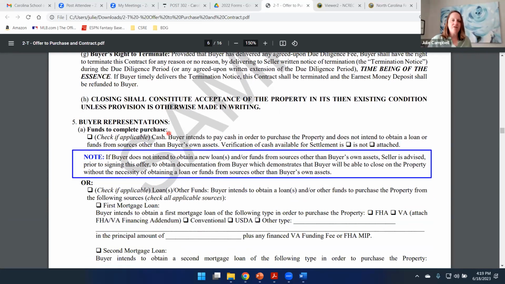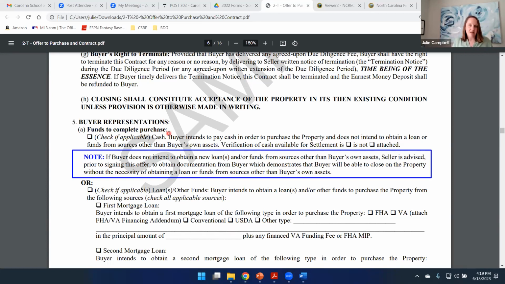The last thing we have under the buyer's due diligence: closing shall constitute acceptance of the property in its then existing condition unless provision is otherwise made in writing. All bold, caps, pretty important. When the buyer signs at closing, at settlement, part of what they're agreeing to is they're accepting the property in its then existing condition. Let's talk about the importance of the final walkthrough,